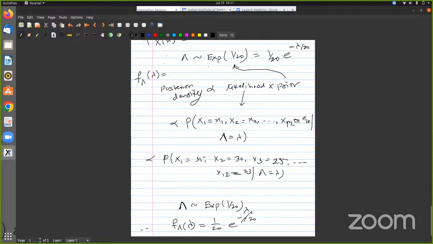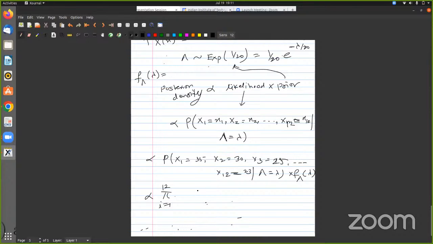Now let us complete the remaining calculations. Until this point, what I have to do is multiply the likelihood with this prior density, f capital lambda of small lambda. Now, how to find the likelihood here? This is just a product for i equal to 1 to 12, since these are all IID